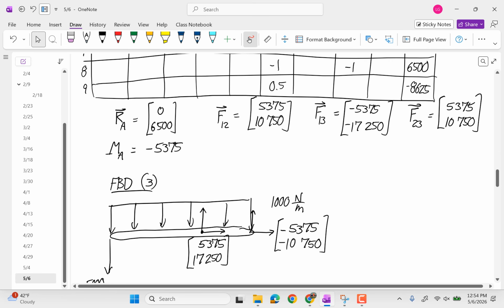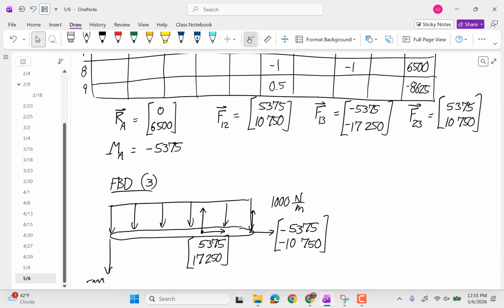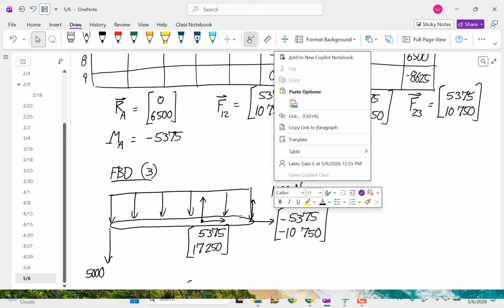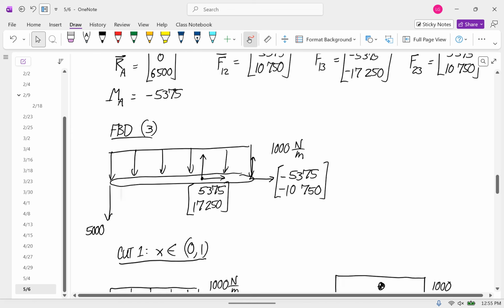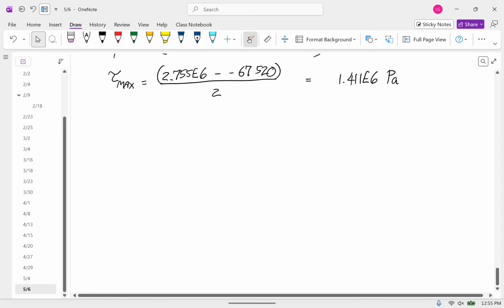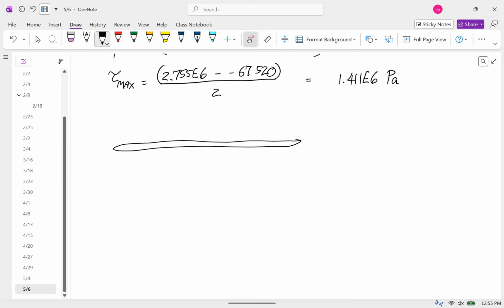So 6,500, 10,750, and negative 17,250. It's 10,750. Okay, so I'm going to write it like this for that vertical member. Now this is the vertical member, but since we're about to do cuts,